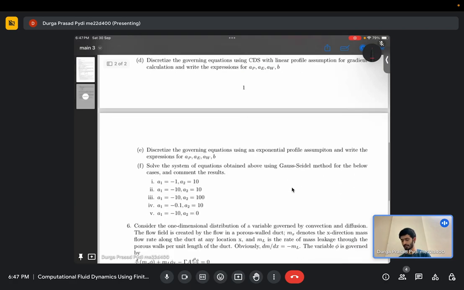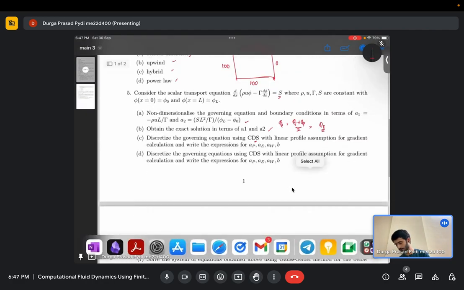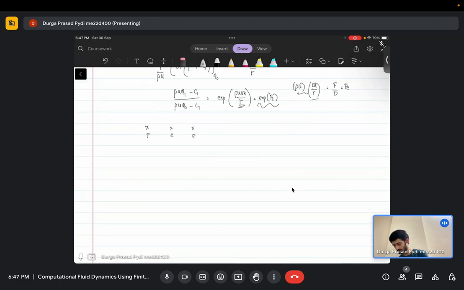The next part of the question asks you to do an exponential profile assumption instead of a linear profile assumption. What happens if you use an exponential profile, and then you write the equations for AP, and then we try to compare both these methods and see how the results match with each other. That is exactly the first question. So by exponential profile, say this is E, P, and this is my east face. So what I was asking is, you have phi E minus phi P will go something like